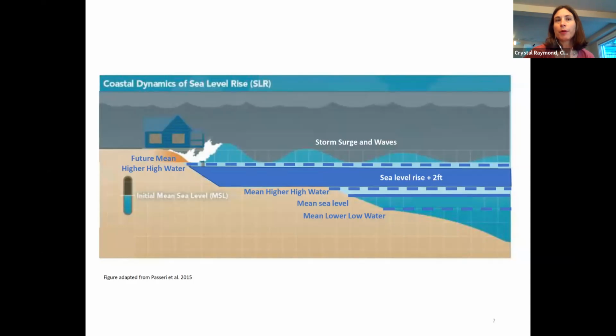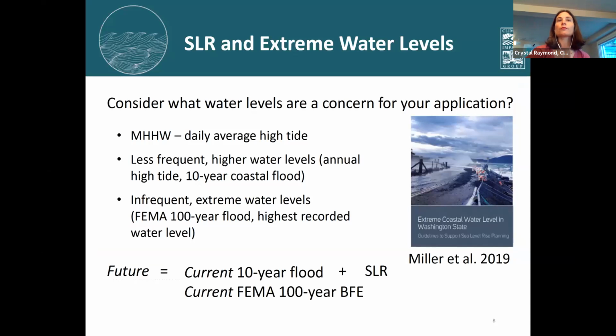We also recognize that many people are interested in water levels that are more extreme than the mean higher high water. So higher water levels that occur less frequently due to storm surge or waves. And these values can be used in combination with that information as well. So there is another document in our series, Extreme Coastal Water Levels in Washington State, which provides some information on what these more extreme coastal water levels are around the state and how to combine the sea level rise information